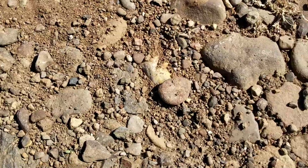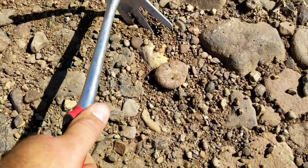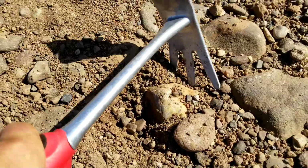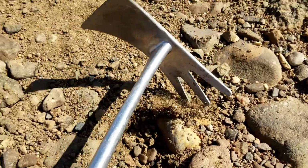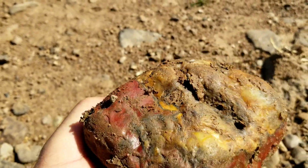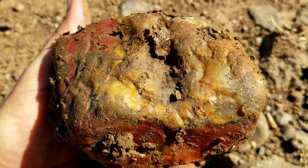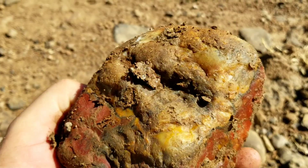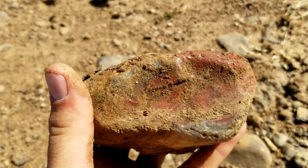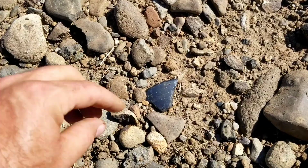Gross. Okay, so I'm over here to this gravel by the hillside, and it looks like there might be a nice agate in here. Or like a jasper agate. Oh, dang, look at that. Whoa, that is not what I was thinking. Woo! Look at that. I'm not really sure what this is, but